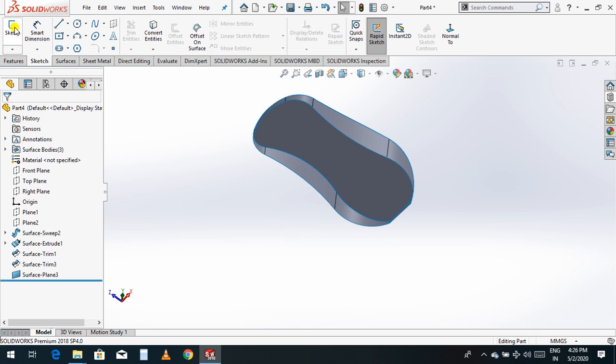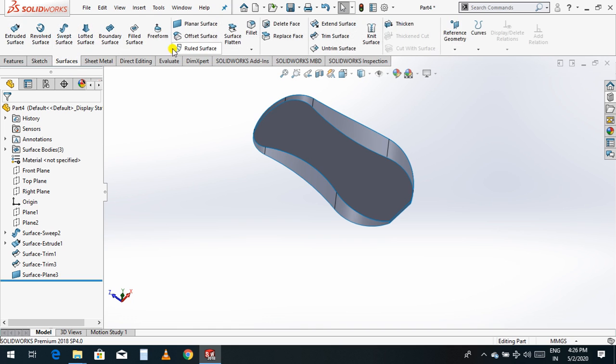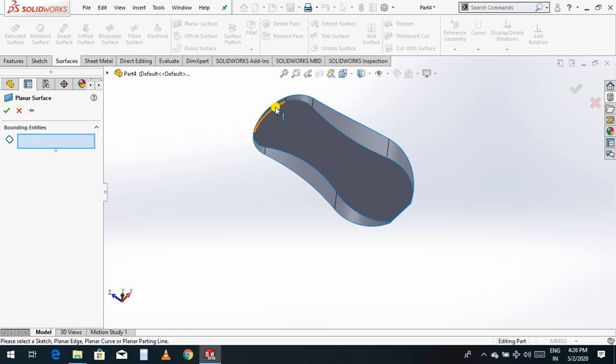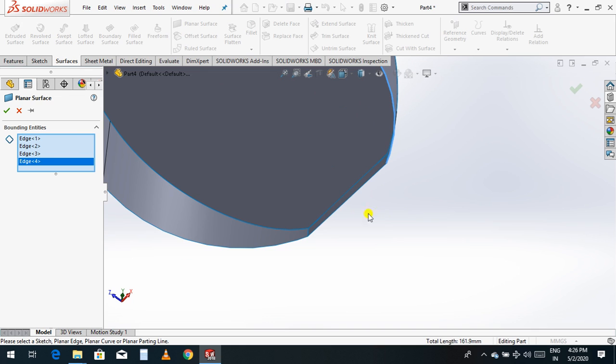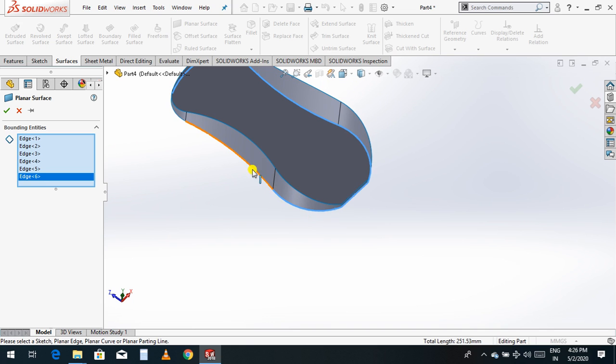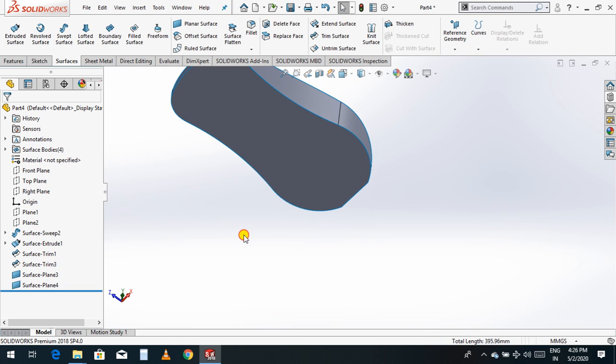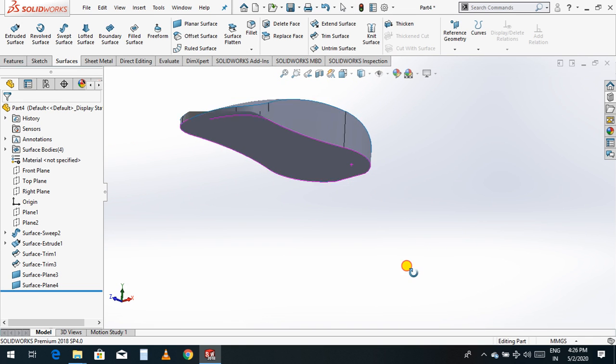Again I will go to surface, planar, this one, this one, this one, this one, this one, this one, this one, click OK. Now again the part is closed.